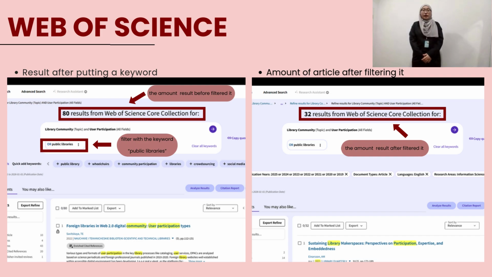After entering the keywords, Web of Science initially returned 80 results from the Web of Science core collection. This number represents all articles related to our keywords before applying any filters. Next, we apply several filters to refine the search result. After filtering, the number of relevant articles was reduced to 32 results, which were more closely aligned with our research